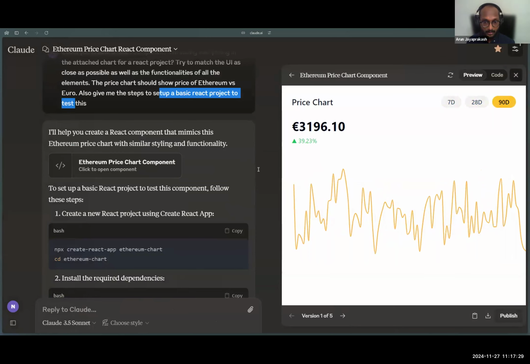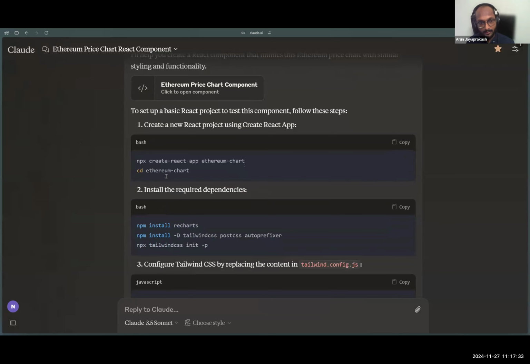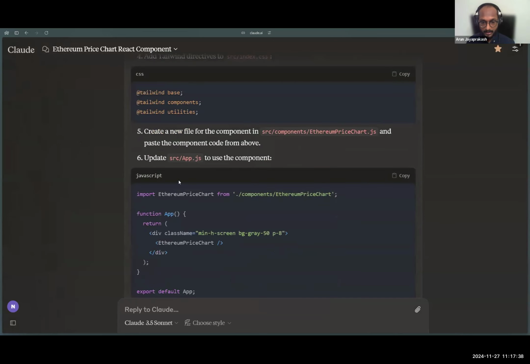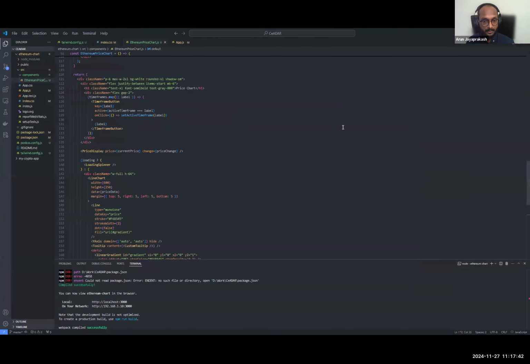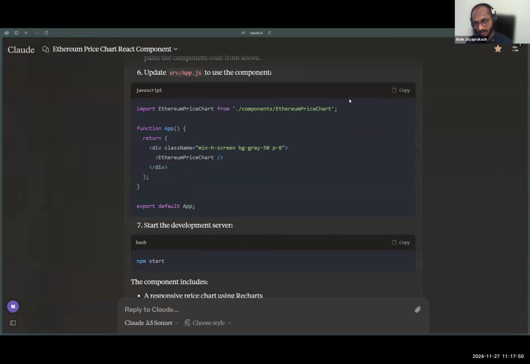But then what's more interesting is that it gives me all of the basic steps that I need to set up the project. So I have all of this set up. It's just a couple of 5-6 steps. And then it gives me the entire code that I need to create this new server. And then I have that set up here in my IDE. And then after running that, I see that, okay, it's using mock data. It's not actually using